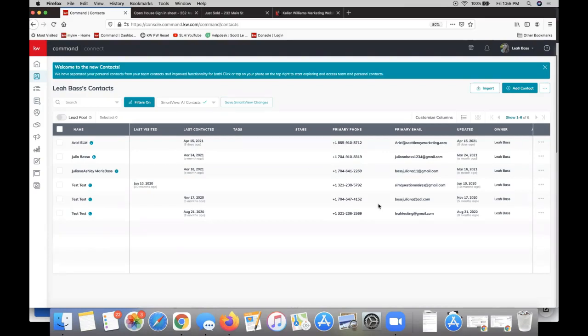What's cool though is you can actually set up a smart view for this. So if you're not familiar with smart views, it's basically like you can save a search in your contacts so that you can simply click on the smart view and it'll pull up that exact search. So if you want to save this search to pull up your leads, all you would need to do is come up to the smart views option here and click to create the smart view